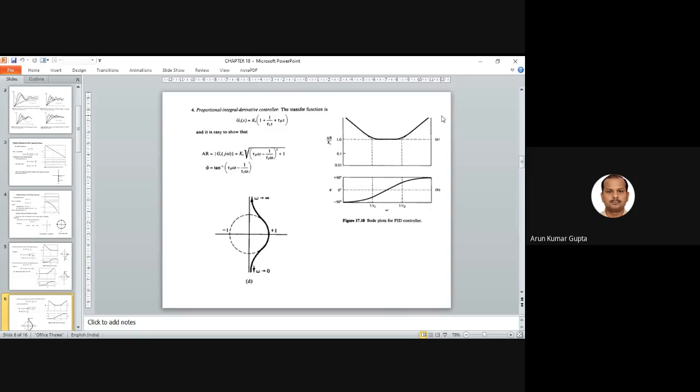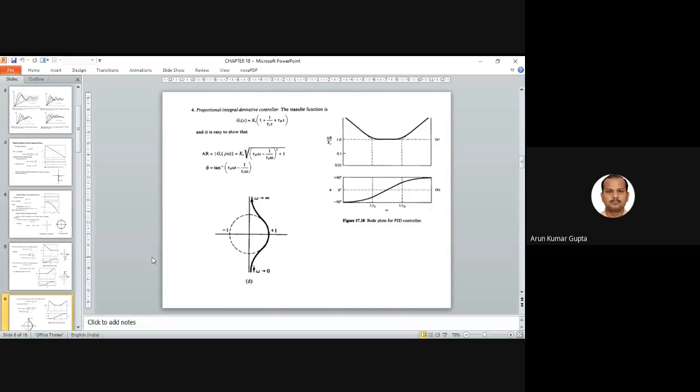So we have a very symmetric kind of plot. Symmetry is not always possible, it may form symmetry, it may not, because it depends upon the tau d and tau I values, right? Similarly, for the phase angle, you can say tau d omega, tau I omega. When omega is 0, it is minus 90 because this is infinite, so minus 90, right? And when omega is infinite, this is infinite, which means plus 90. So it will vary from minus 90 to plus 90.